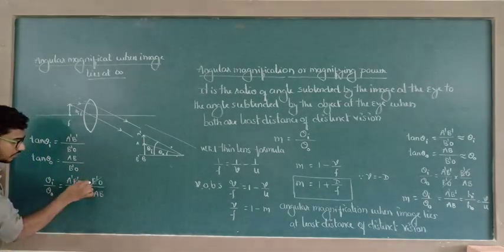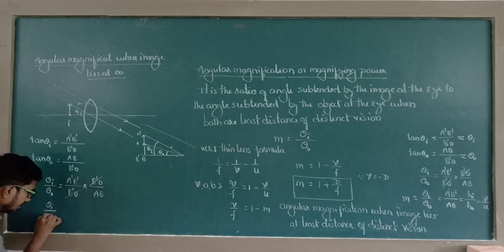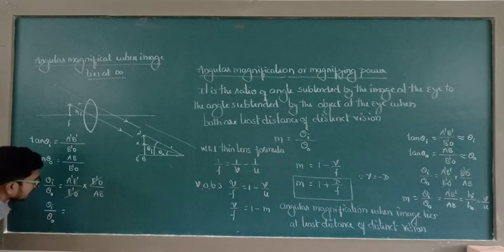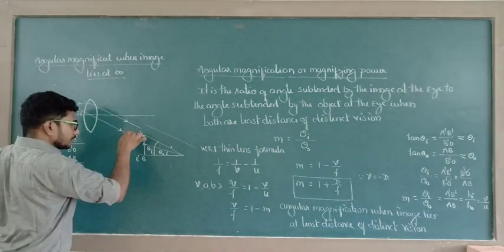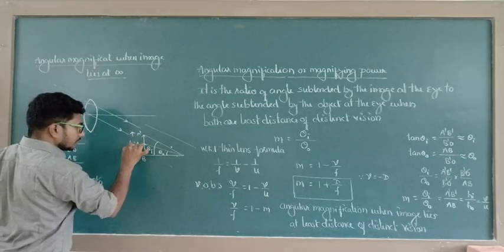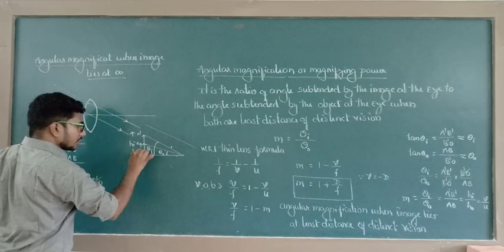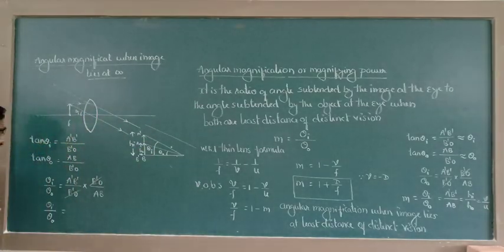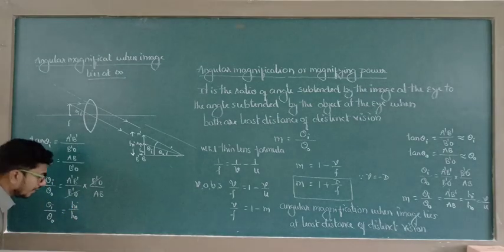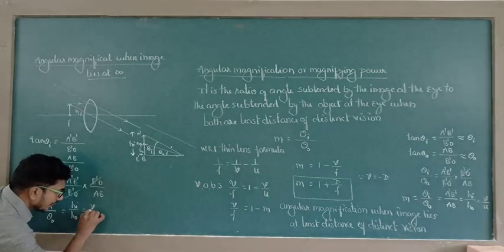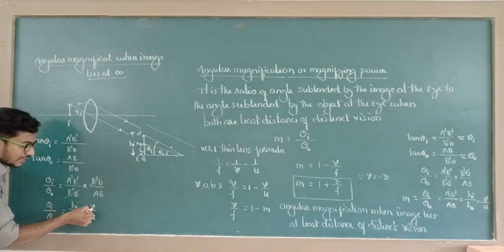B dash O gets cancelled. Then theta I divided by theta naught is equal to A dash B dash, the height of the image, divided by AB, the height of the object, or we can write this is equal to V divided by U, the image distance,